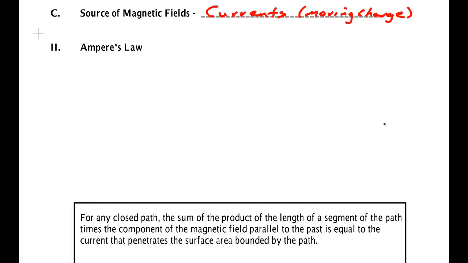In the last video, I mentioned that the key thing to remember about magnetic fields is that the source of all magnetic fields are currents. They may be microscopic atomic currents, or they may be macroscopic currents in an electric circuit, but all magnetic fields are created by moving charges, i.e. currents. Ampere's law describes how to determine a magnetic field for a current, provided that there's a certain amount of